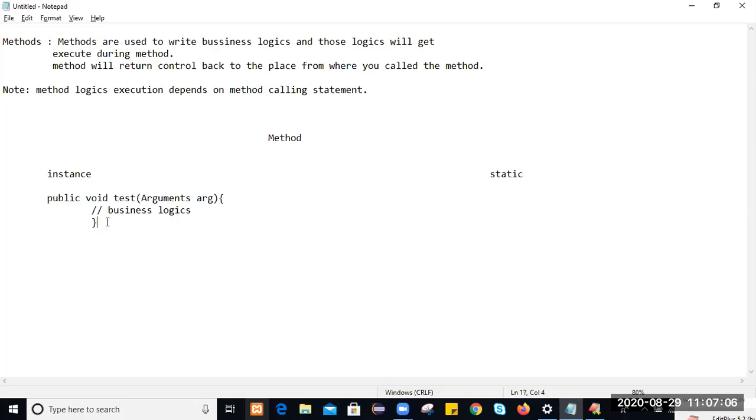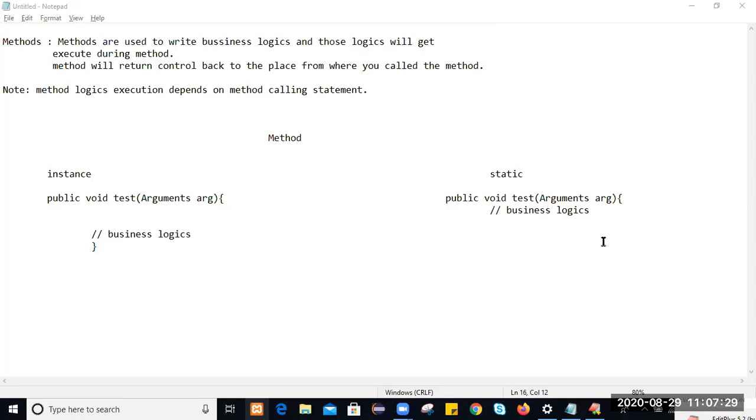Similarly, if you want to define a static method, we can define it like this within the static area.